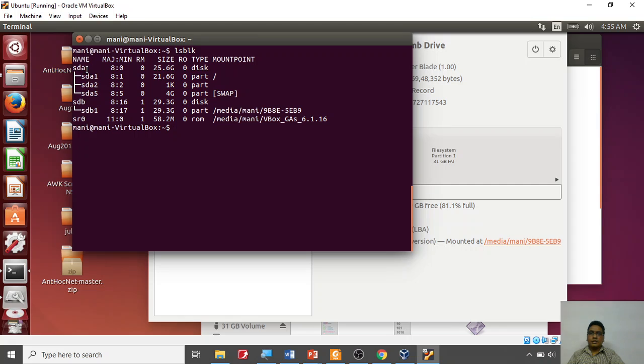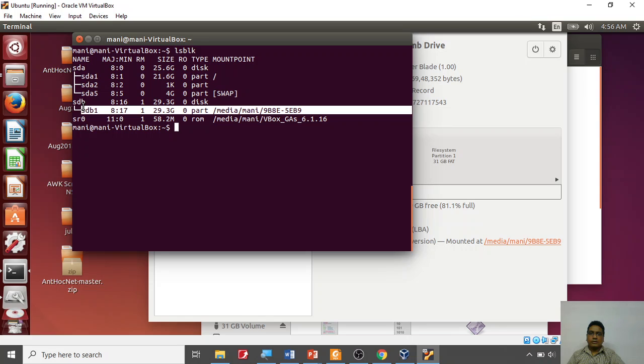Now if you notice, sda is the major number, that is my block devices. Under that I have one device called sda1, which is mounted at the root, and the major number for all of them is 8, and this 8:0 means the entire device. Under that the first device will be 8:1, the next device is 8:2, and the next device will be 8:3, and I have my CD-ROM,